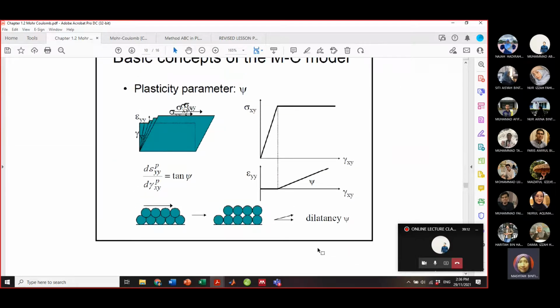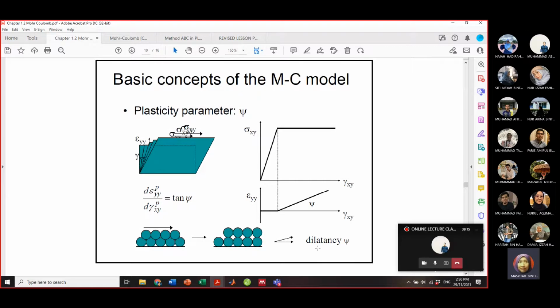Okay, other than that, the number 5 parameter for the Mohr-Coulomb model is the dilatancy angle. So the dilatancy angle relates to how